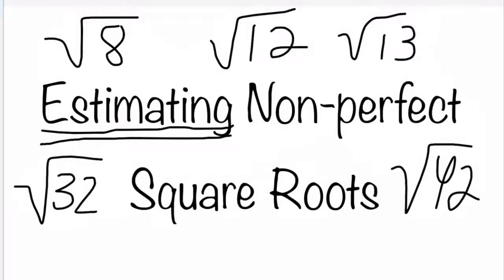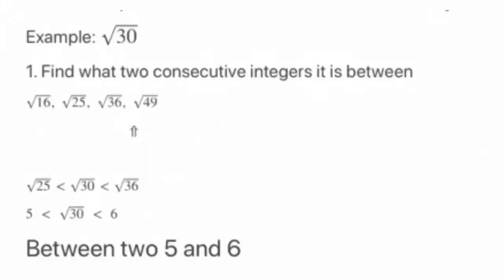After you copy this title, you can go ahead and add some examples of non-perfect square roots underneath it, like we did around the title in your notes. And then put your pencils down, and that'll let the sub know that we can continue, and she will press play on the video. So the first example that we're going to look at is estimating by finding two consecutive